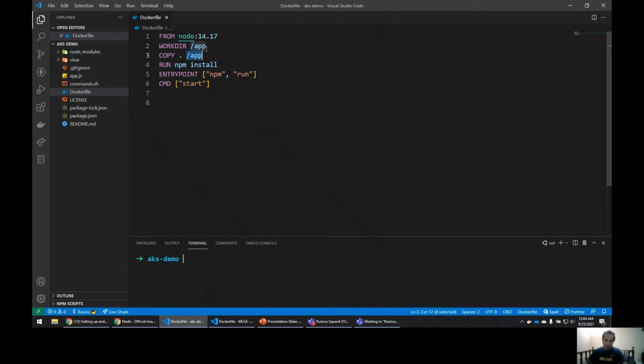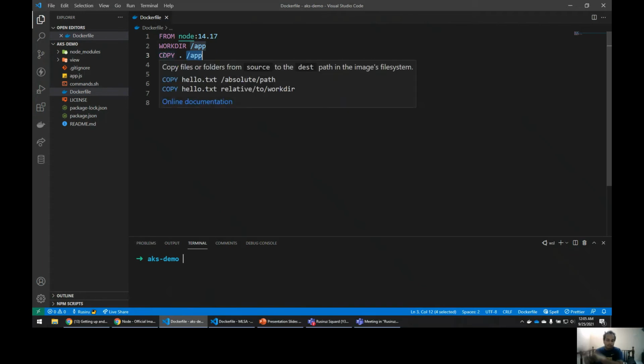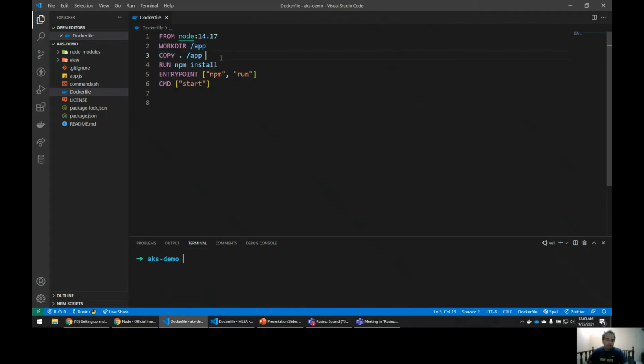So what is our working directory name? /app. Basically we tell Docker to copy this entire source code from our application to a folder called app that is inside the container. So then we copy the source code, and we also get the Node.js image with tag 14.17. So then